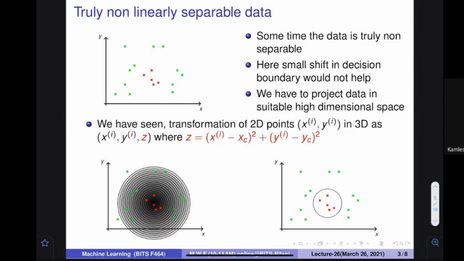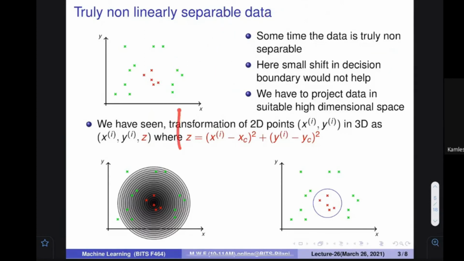So again, if you apply the squaring of the two coordinates, what would happen? These values would be increasing. Just consider the third dimension. This is the plane. Consider the z dimension, where I'm talking about the value. If the center is here, these points would be only at this particular place, but the points which are farther would increase more. Points which are here would increase this much. Farther, they would increase even more. So further points are going to increase.